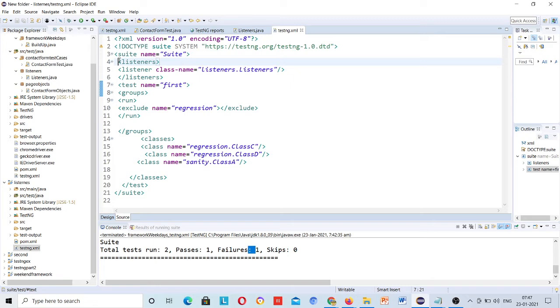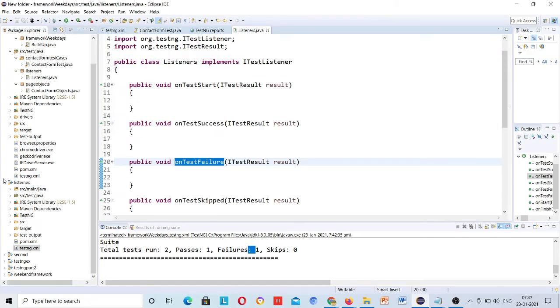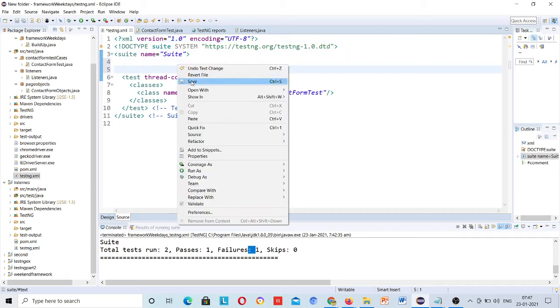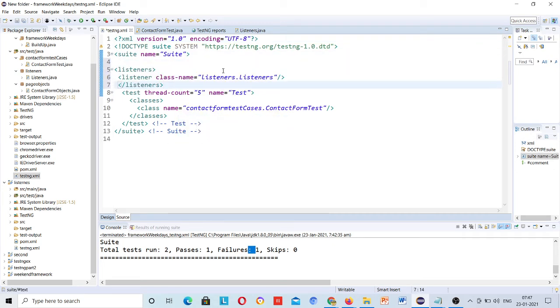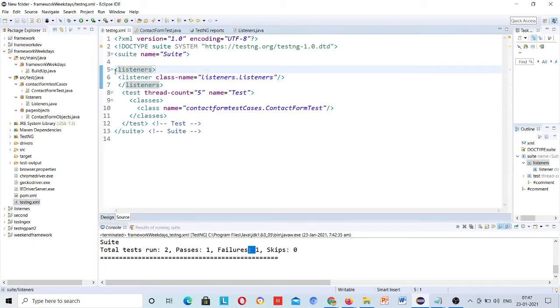I will copy this and paste that in my desired file. This is a different project. Okay, so here the package name is the same, right? The class name is the same, so no need to change anything here. Now this testng file knows that you have listeners in your project.